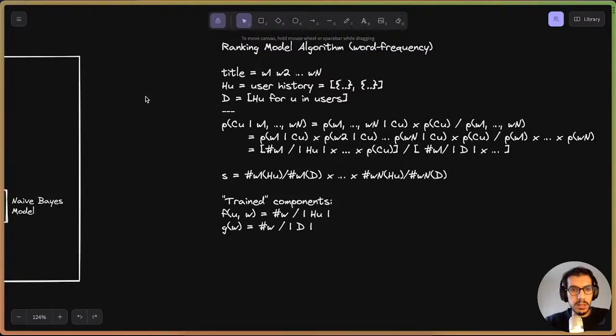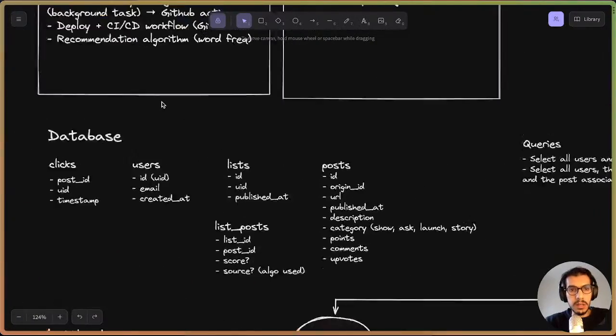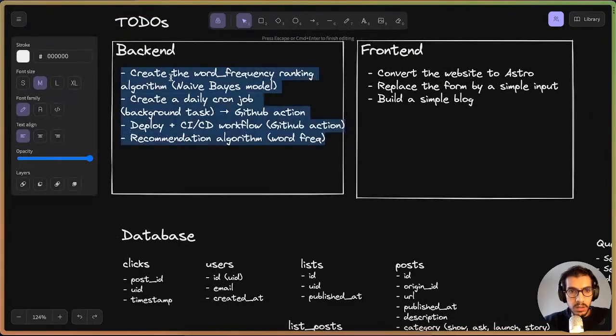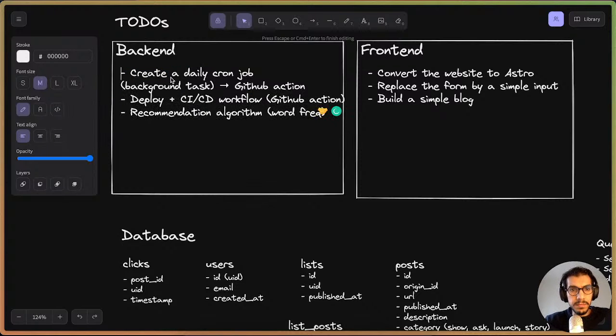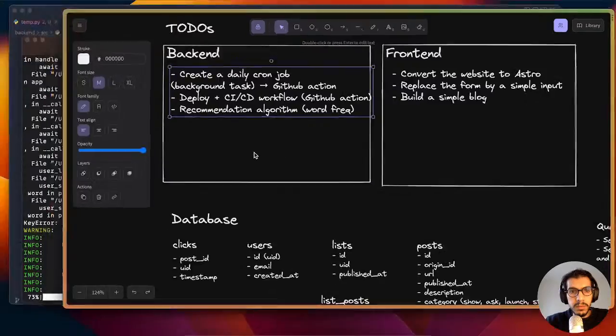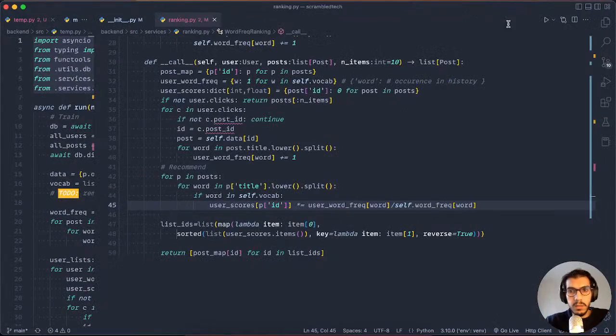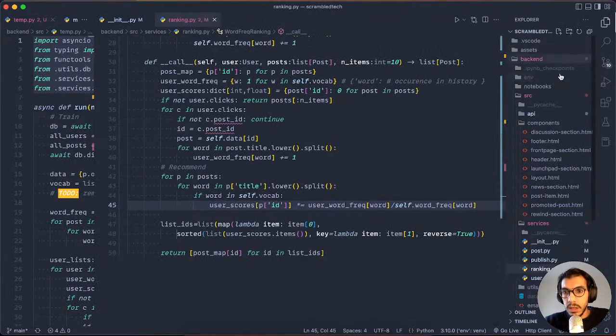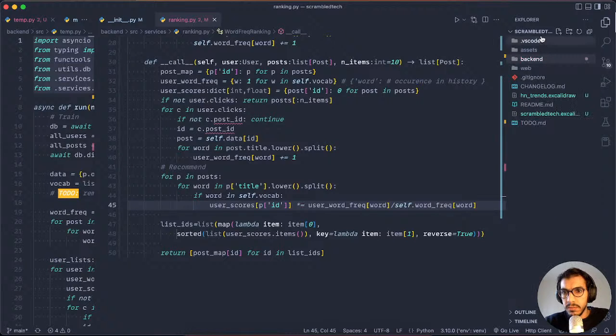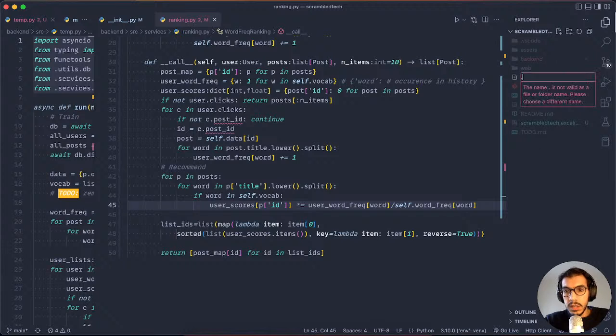Let's just update that. Okay, so we have our algorithm. Daily cron job. Okay, let's look at that while it's running. I think I've done this already. No? Nope. Okay. So how it works is